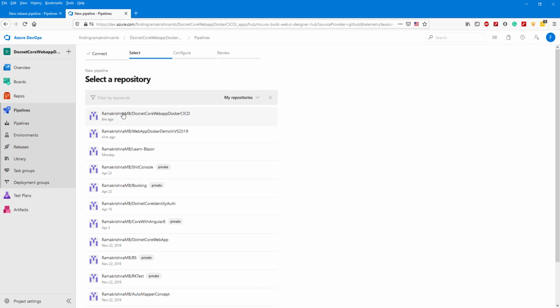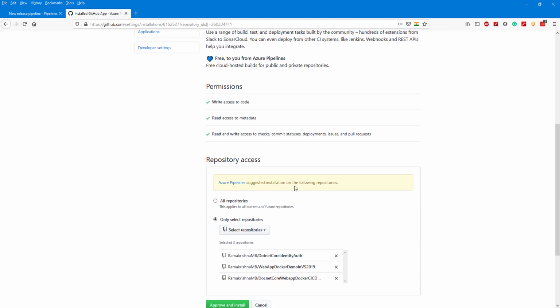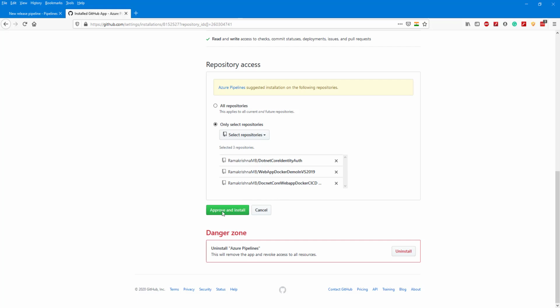If you are not getting this UI, it will ask to select the GitHub, and it will ask for the login credential. Once you give login credential, it will automatically direct your repository list. So I already logged in and given permission to access my GitHub. So yes, it will ask like this.